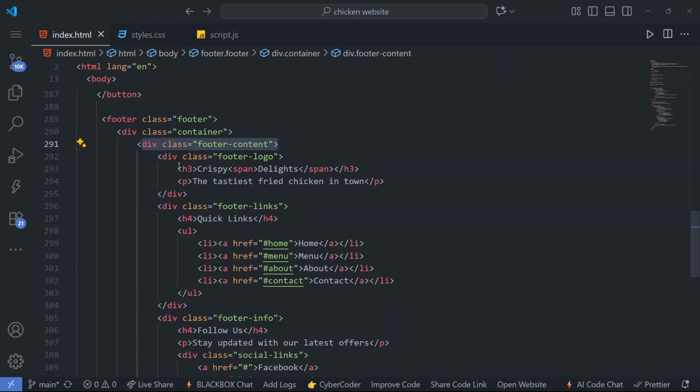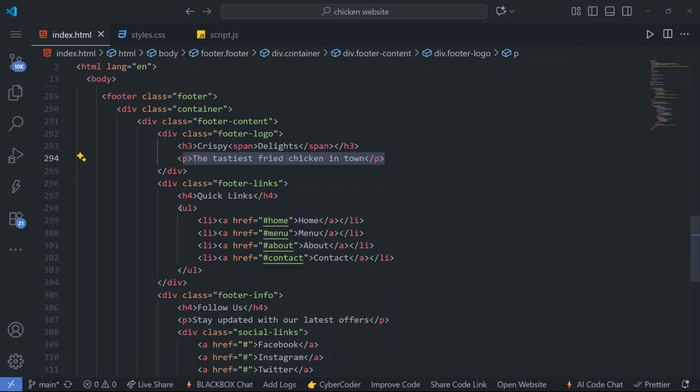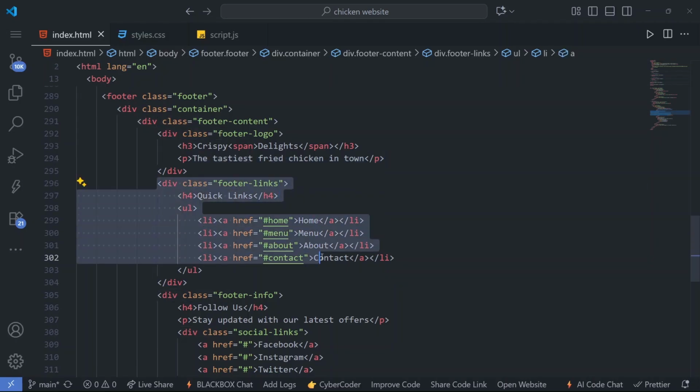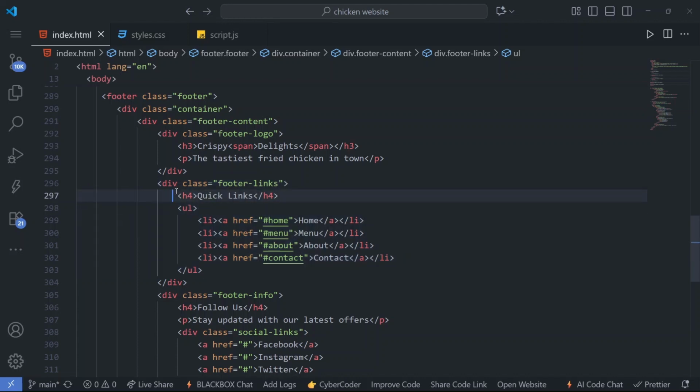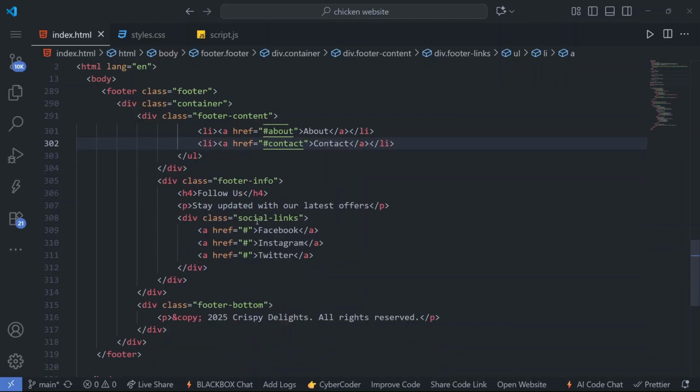Then the footer content. How are we going to show the footer content? In this we want to show the footer logo and the paragraph. Then we have a quick links section, so we'll create a separate div for that. That div is a box, and in that box we want to show the quick links. What are the links? The menu, about, contact. Then we have created another div, another box, and in that we add a heading, followers,